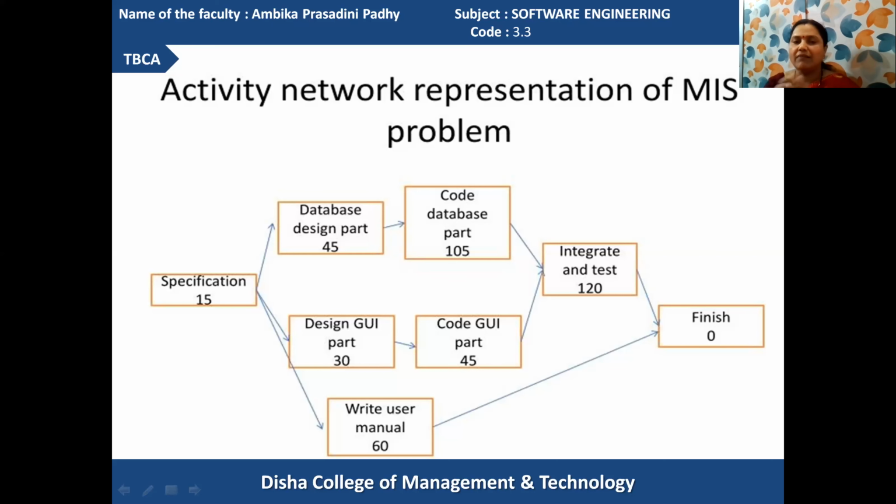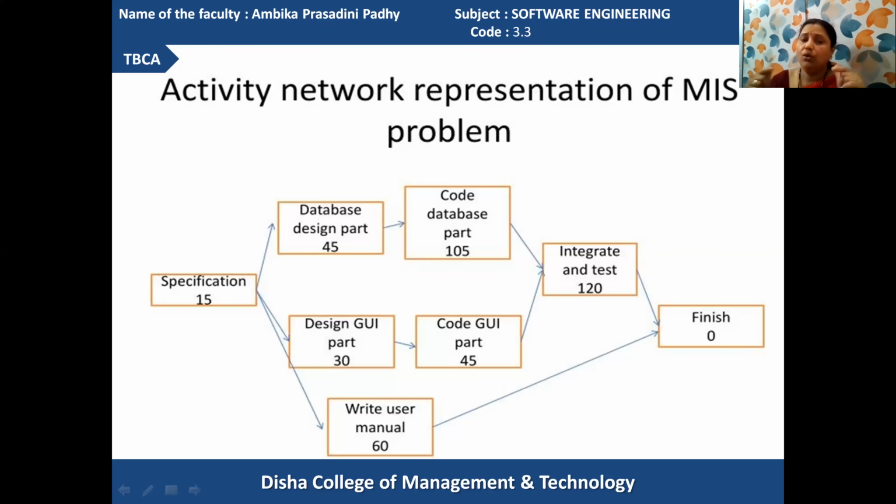Then after the database design is over, coding of the database is based upon the design information. So whichever design solutions are made, accordingly the coding is performed. When the designing part is over, its output will be used in the coding of the database.